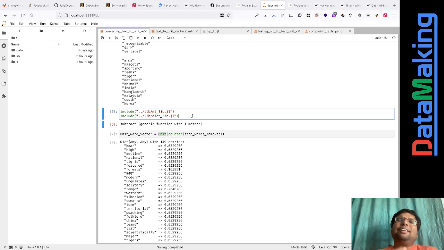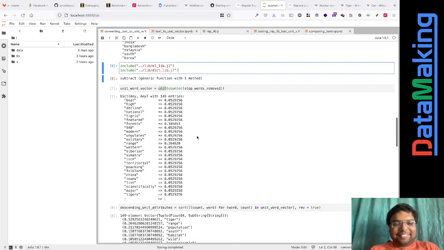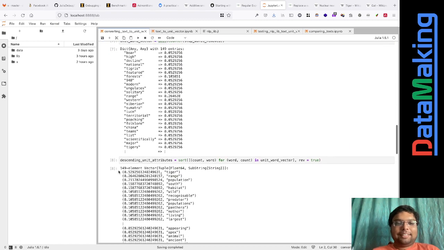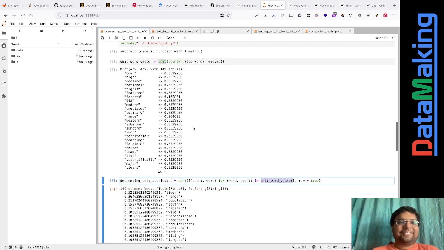So I shouldn't say unit vector. I shouldn't keep saying the name vector. Okay, dictionaries. So that's what we are just doing. Vector is different from dictionary. So now we are just doing the descending stuff. I guess this name is also deceiving, unit word vector. But yes, what we are doing is the descending stuff, and we find